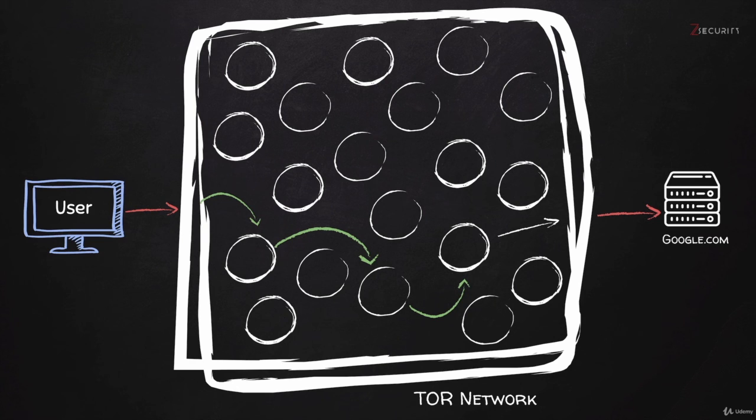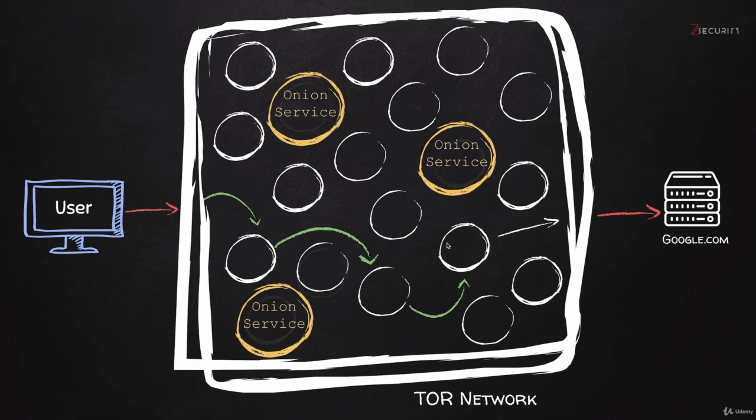So this diagram right here would usually look more like this in real life. So you'd have some nodes or relays which you can use in order to go to a certain destination on the internet. But at the same time, some of the connected nodes or some of the connected devices are actually acting as onion services. So these are similar to normal websites that you see on the internet, but they exist